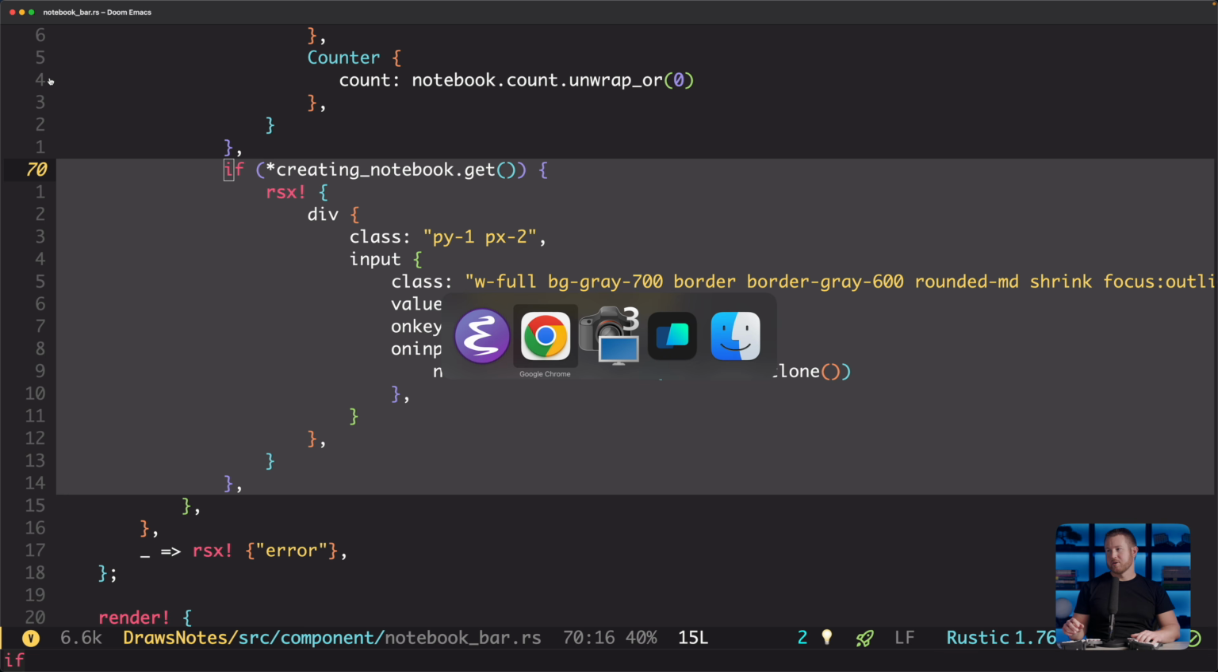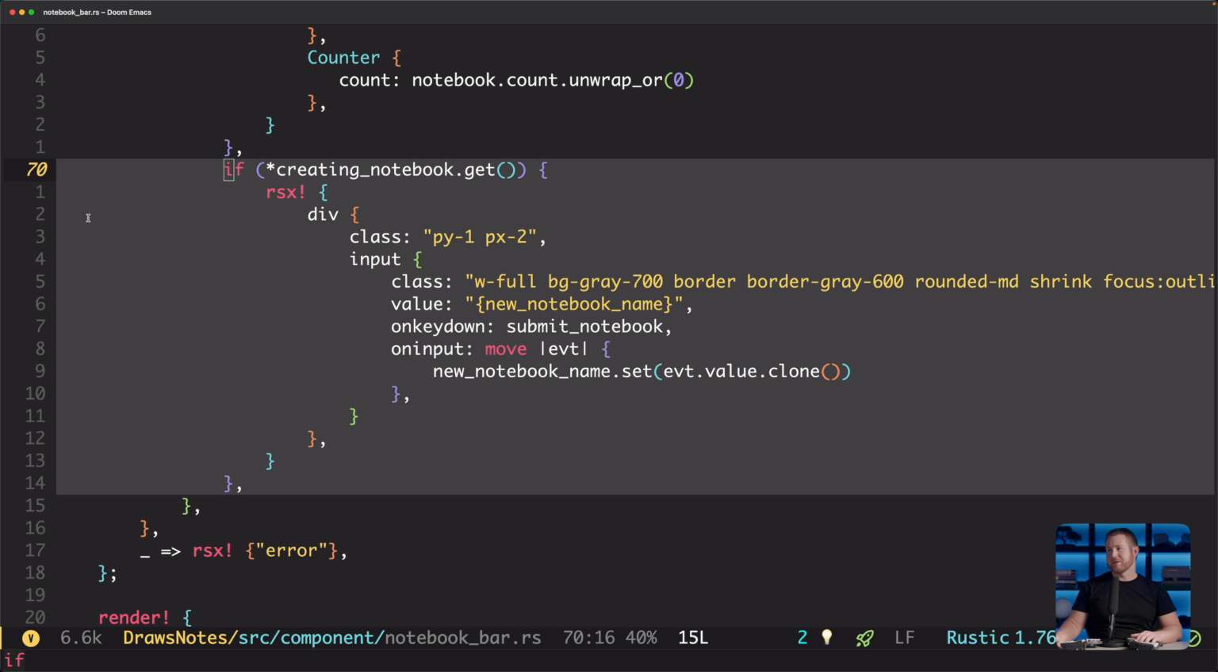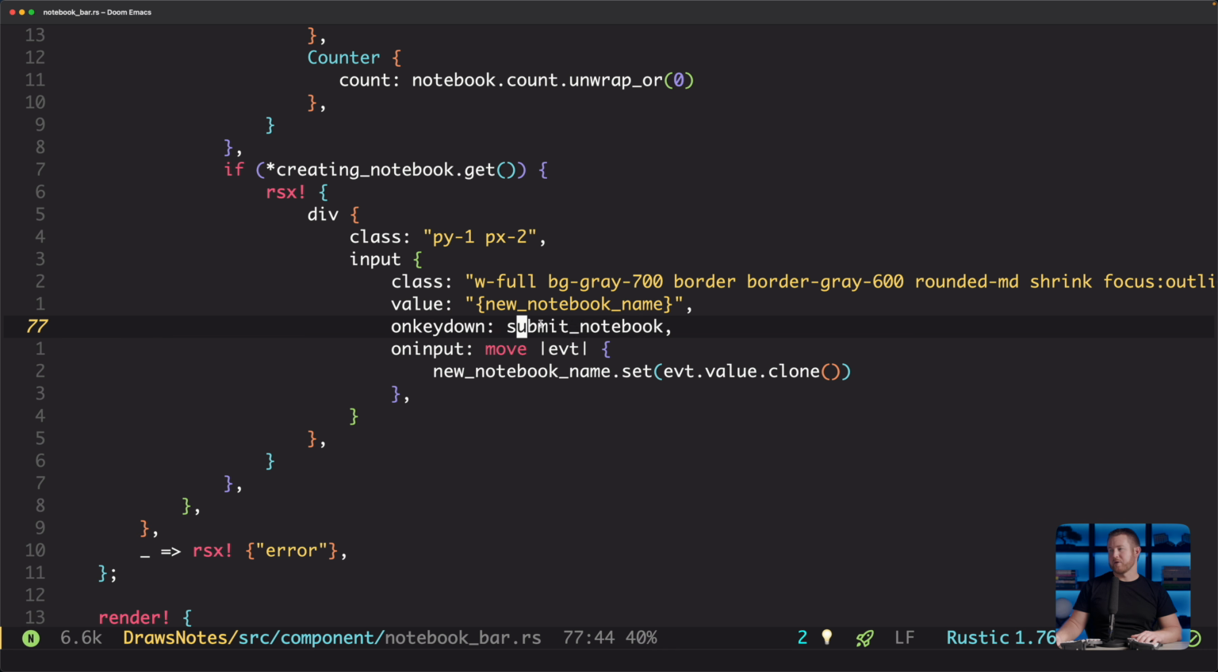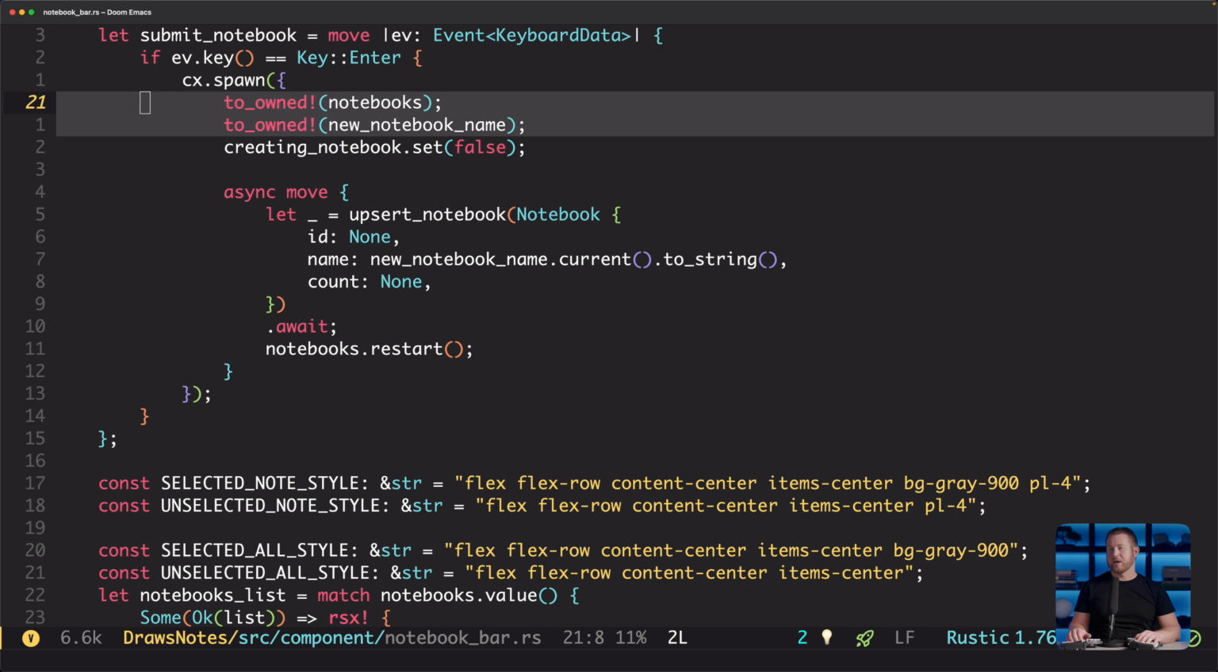Notebook button. So if I click this plus here, we see this input field. That's that element. So that's only rendered if we're in a creating notebook state. We can see we have an onKeyDown attribute on that input element. If the user hits enter, it's going to call this submit_notebook function. And if you look at this submit_notebook, there's a lot going on here, but you can see these two own functions. Without going into too much detail, it took me a long time to realize that I needed these